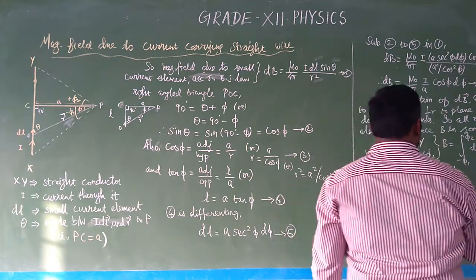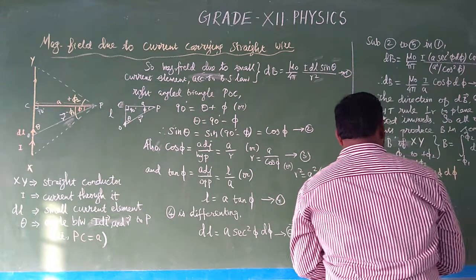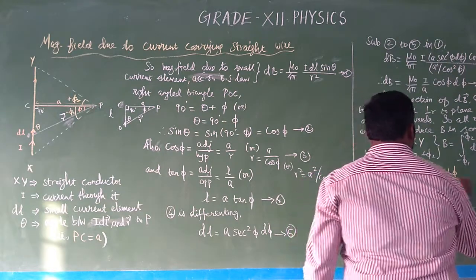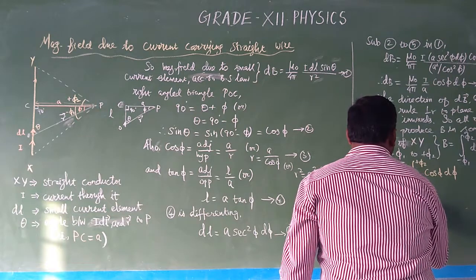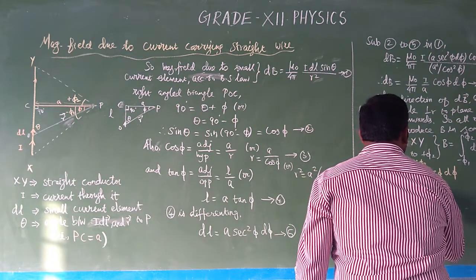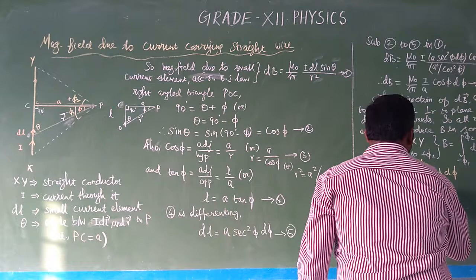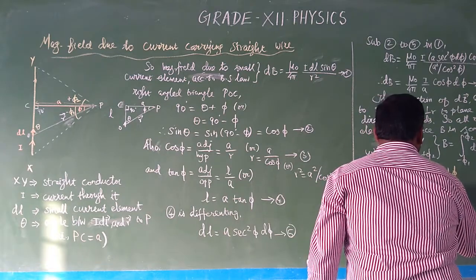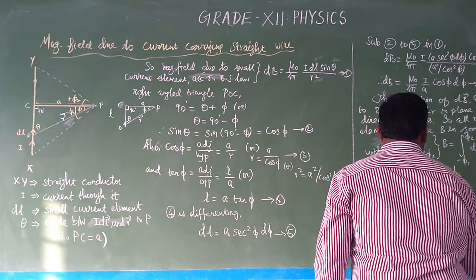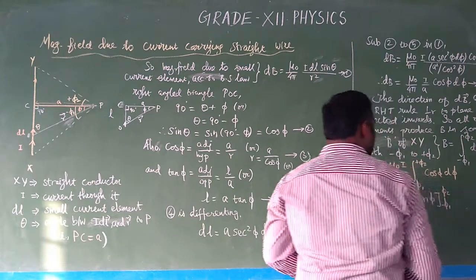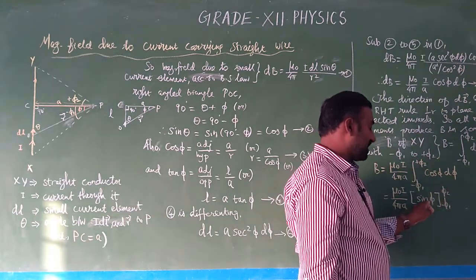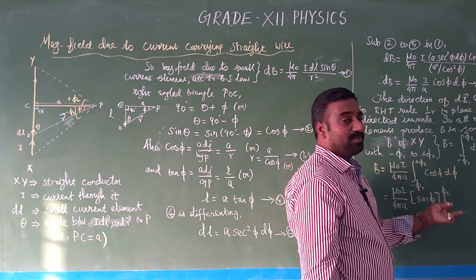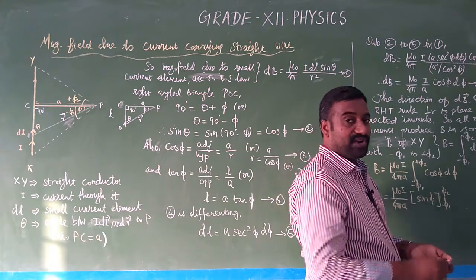So after the integration, cos phi integrate பண்ணா என்ன கிடைக்கும்? sin phi கிடைக்கும். So next step is mu naught I by 4 pi A. Cos phi integrate பண்ணா sin phi கிடைக்கும். Then the limit, upper limit is plus phi 2, lower limit is minus phi 1. அப்ப upper limit substitute பண்ணி அதுக்கப்புறம் lower limit substitute பண்ணுவோமா? அப்ப sin phi க்கு upper limit டைரக்டா வந்துரும், minus of minus அப்ப என்ன plus. அப்ப sin phi 1 plus sin phi 2 கிடைக்குமா?